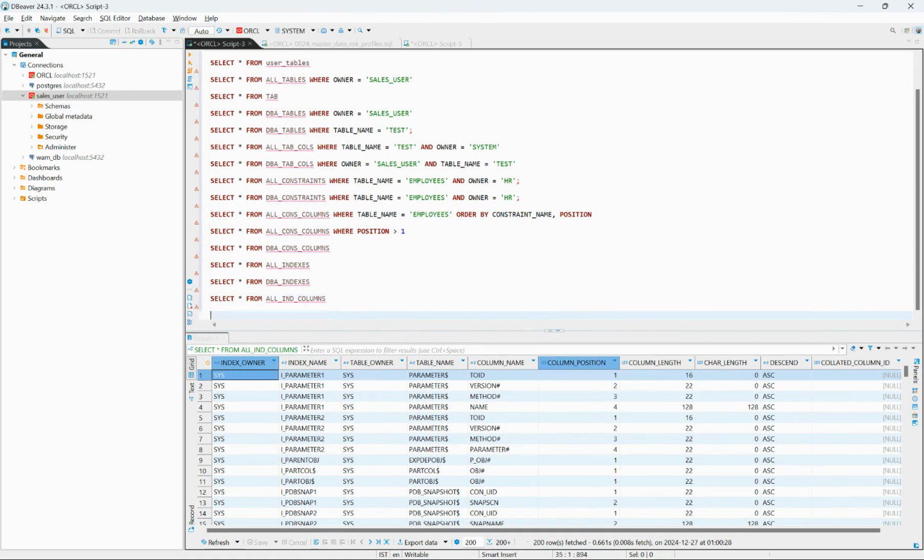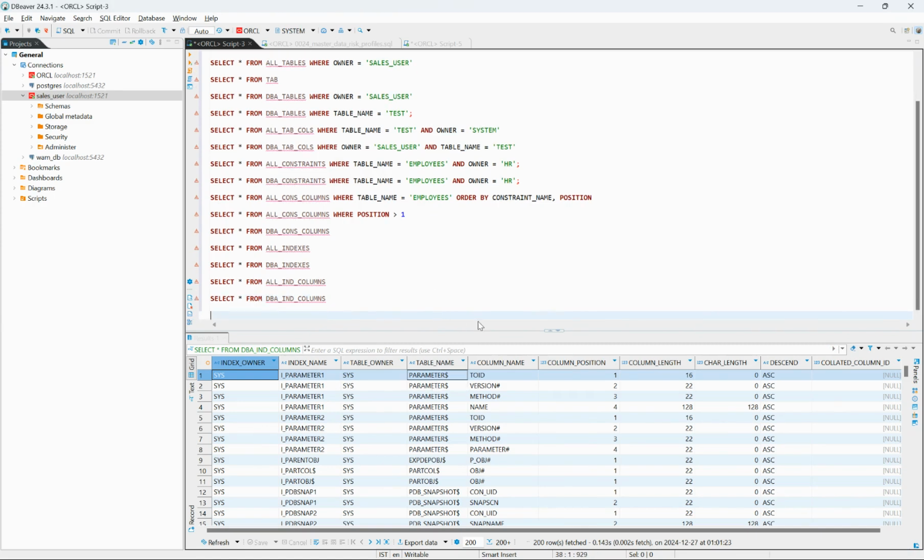The same way we have DBA_ind_columns, and we get the same thing again here. Now I have found a way to figure out what different indexes are created on top of a table, and what different columns are part of each index. Now I want to find out whether my table is partitioned. So what I can do is select star from R_